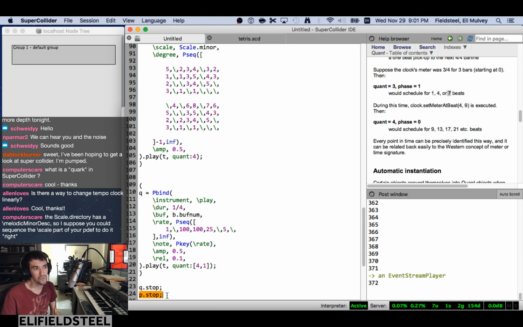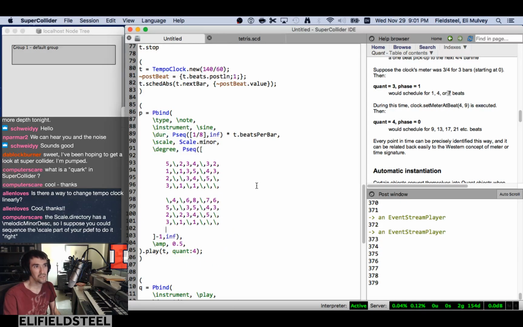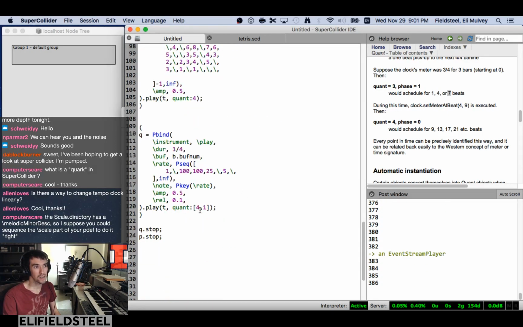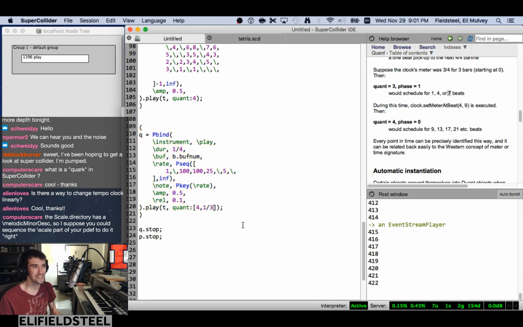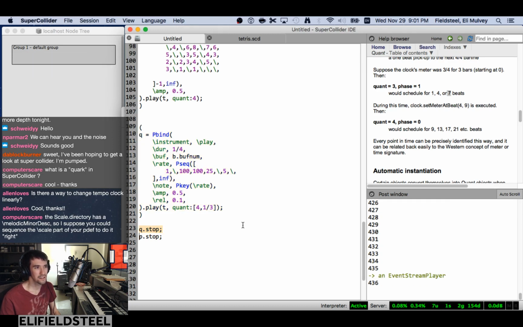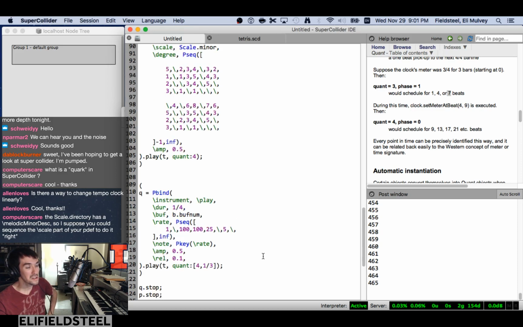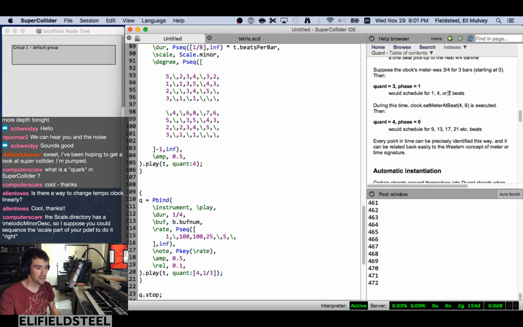And just to make sure you're not overlooking this, it's totally legal to use floating point values here. Like I can start it a third of a beat after the downbeat. And now it sounds like I'm just sloppily starting them by hand. Anyway, that's quantization. It's really handy. It's not too hard to figure out when you want to lock things together. It really makes for a very elegant system, especially as we get into live coding with patterns,